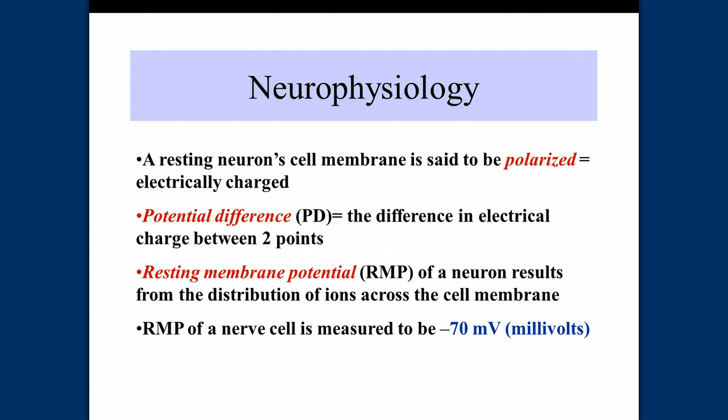The resting neuron cell membrane is polarized, and as we talked about before, the outside of the membrane is more positively charged as compared to the inside of the membrane, which is more negatively charged. Now, what makes it positive and what makes it negative? On the outside, there is a great number of sodium, Na+, sodium ions, and remember, ions are charged atoms. A positive ion would be a cation, so there are a lot of sodium cations on the outside of that